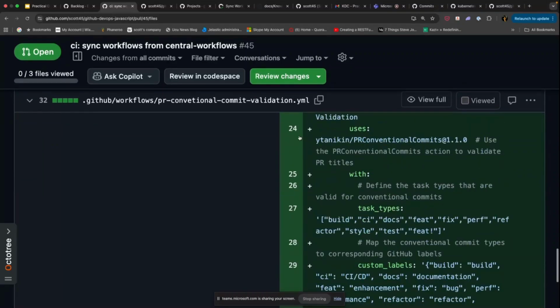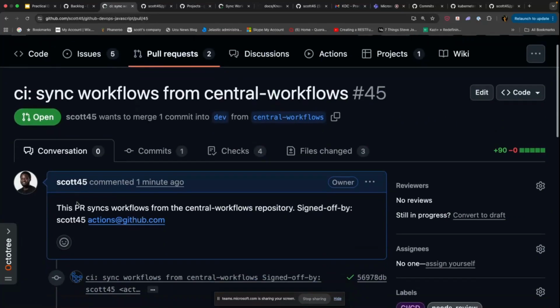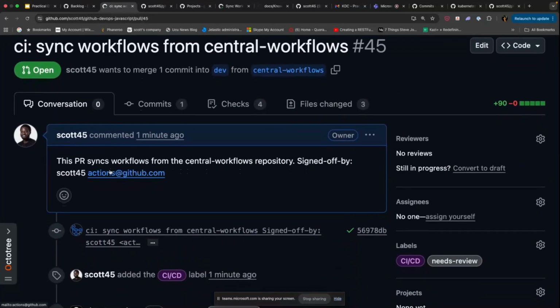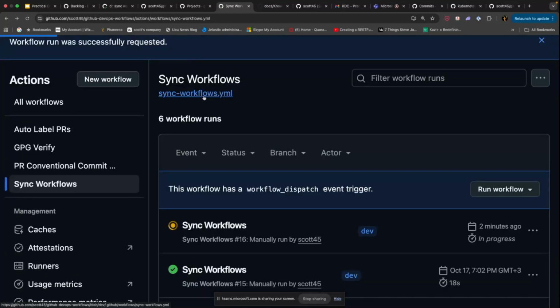So we have the PR. What do we do? We just have to come, review, and approve. Pull request template and the power. You see what this does? I don't know what this means. Most probably I might never read it because a template has not been defined in the workflows repo whenever I'm creating a PR to merge this. And you might need to see this in the sync workflows